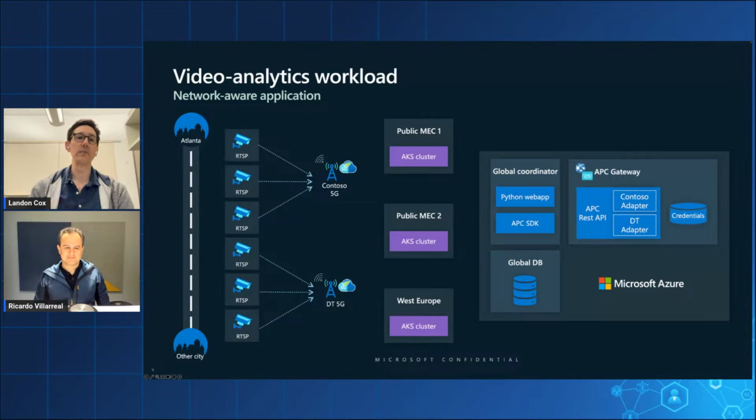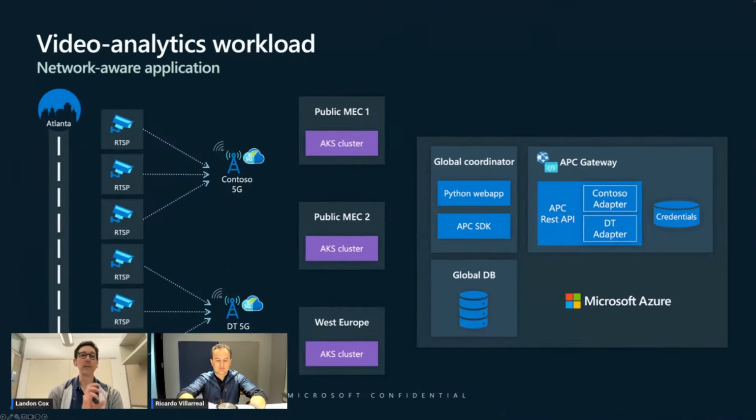Okay. The second challenge that we're going to face is that once that camera feed is ingested from one of the clusters, how do we make sure that the connectivity is good between that camera and the cluster? And so we address both of these through a very simple architecture on the right here. So we have a global coordinator. It's a very simple little Python app that is linked with the APC Python SDK. And so what it's going to do, it's going to respond to requests coming from the camera, and then it's going to use APC to discover what's happening on the camera's network, and then also configure the connectivity between the